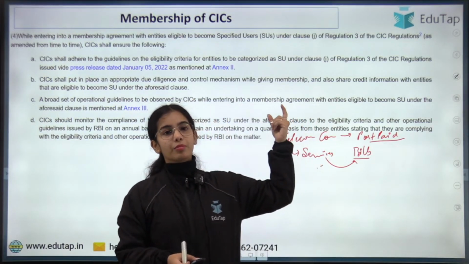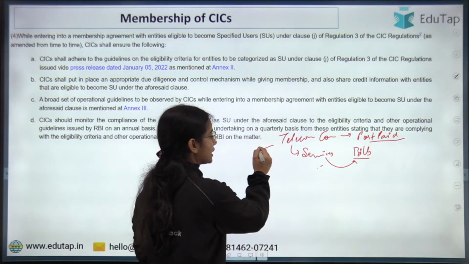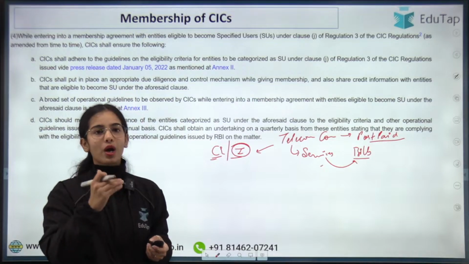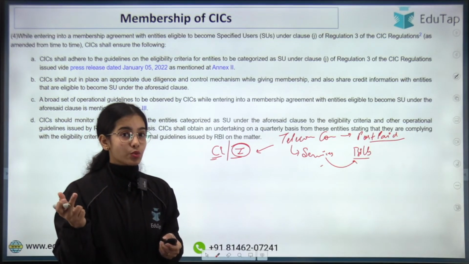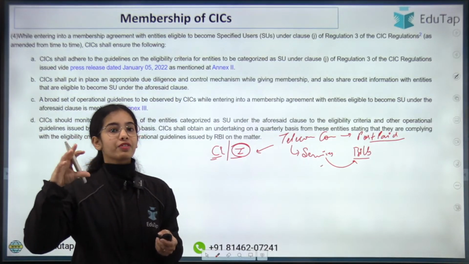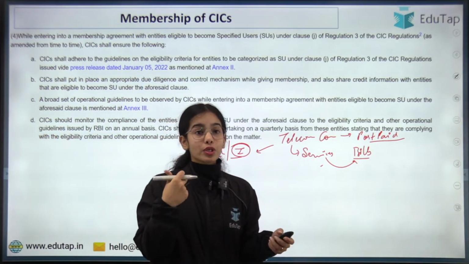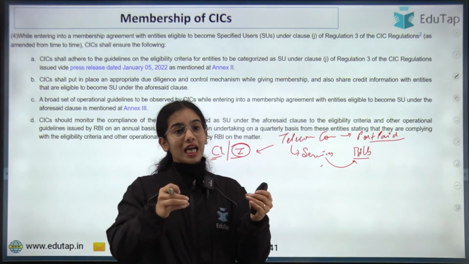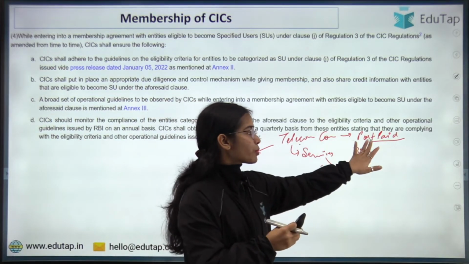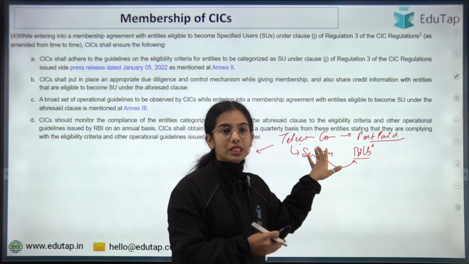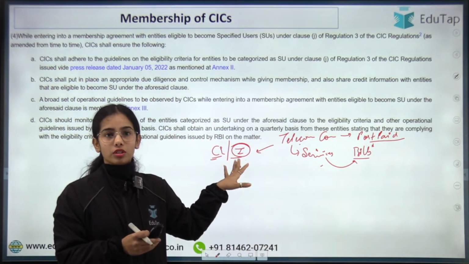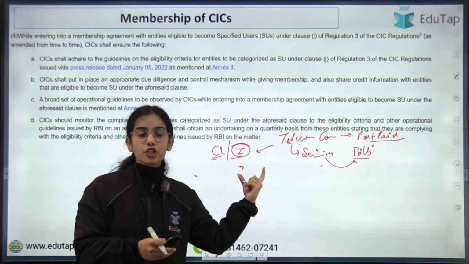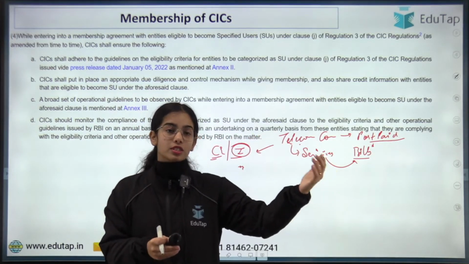So telecom companies can become specialized users, and they can get the data on the individuals or on the commercial entities. Okay, this individual wants to have a postpaid. So is this individual trustworthy? Has the individual returned the previous loans that the individual had taken? Are credit card payments being done by the individual on a timely basis or not? So the telecom company, as they are providing the postpaid services, also wants to see the credit data for the individuals and commercial entities, so that the telecom companies are aware whether the individual will give the money for the services or not.